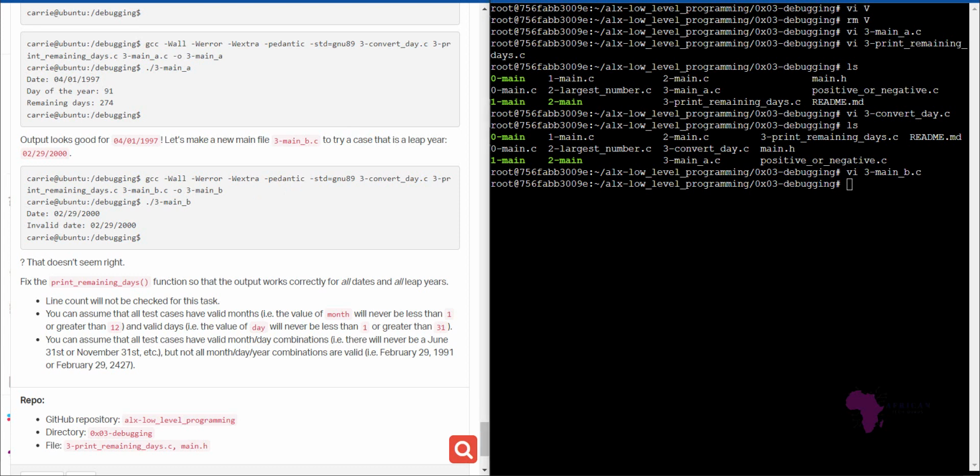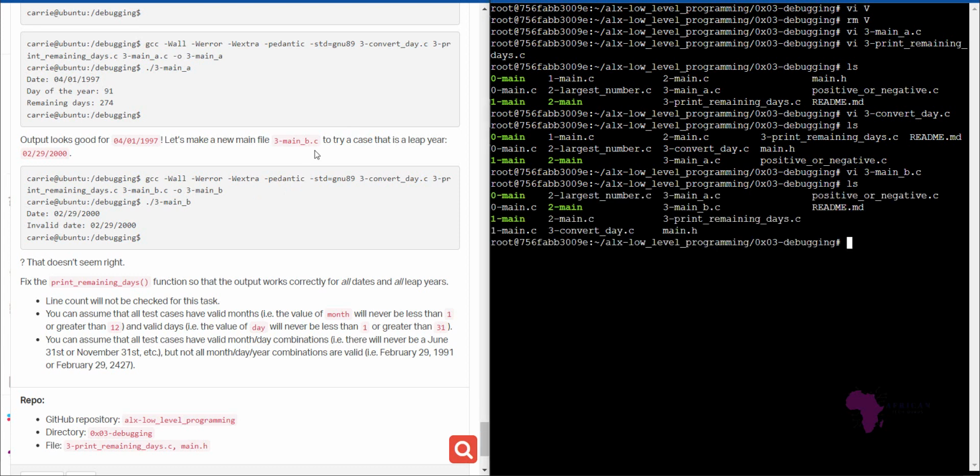Now we check if we have all the files that they need us to run the GCC option with. So I'm going to do ls to check all the files that we have. We need to have 3-convert_days, 3-print_remaining_days, and 3-main_b.c. So we have 3-main_b.c, which is a good one. We have 3-print_remaining_days, and we eventually have 3-convert_days. So now we can run our GCC